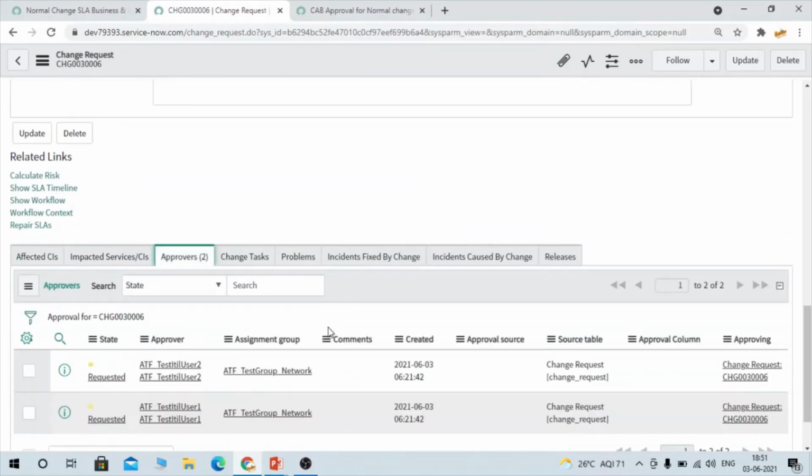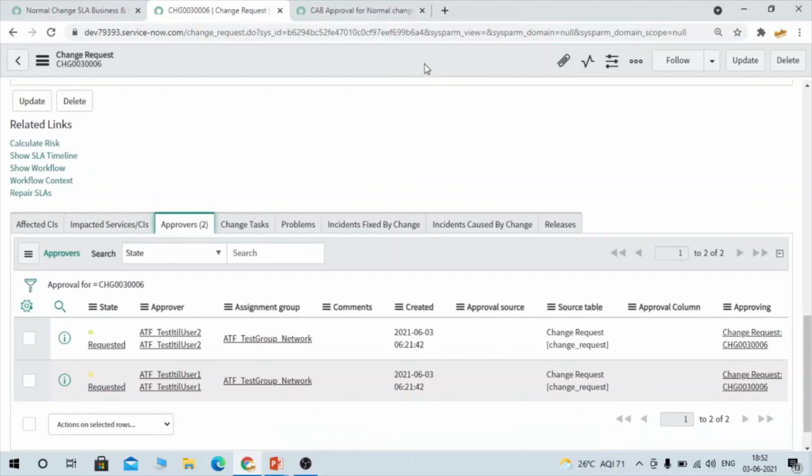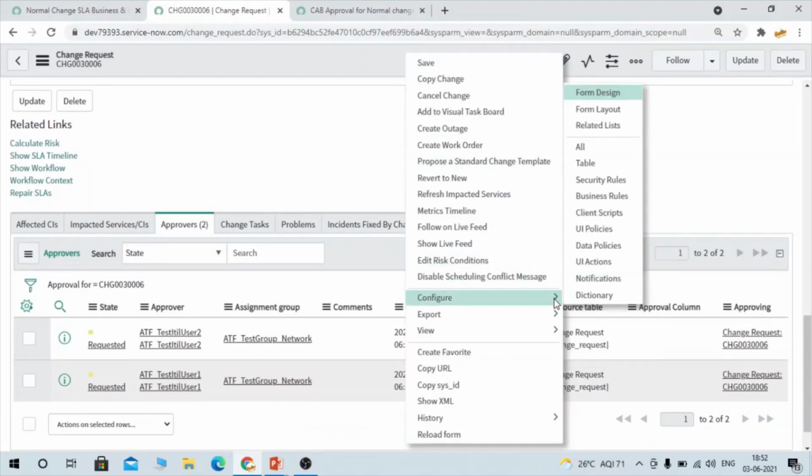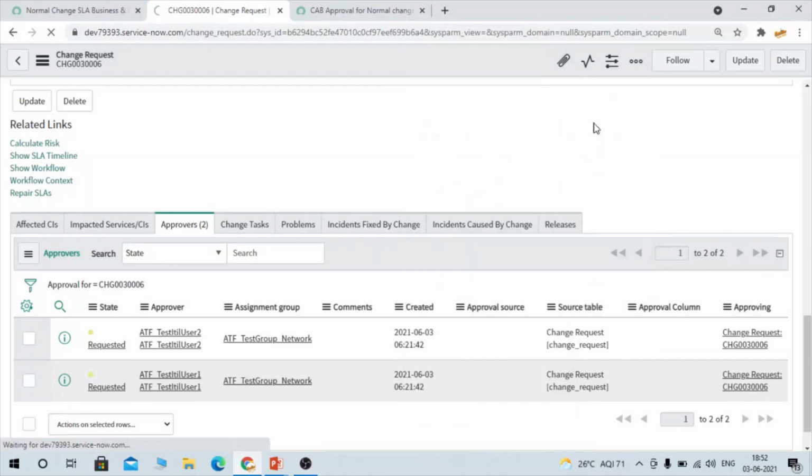Approvers have been triggered. Now what I'm going to do is go to configure related list, and I need to take that SLA related list over here on the form.